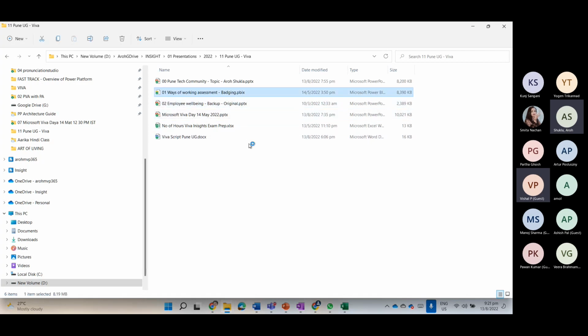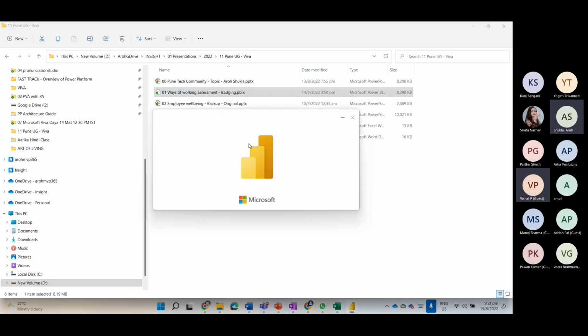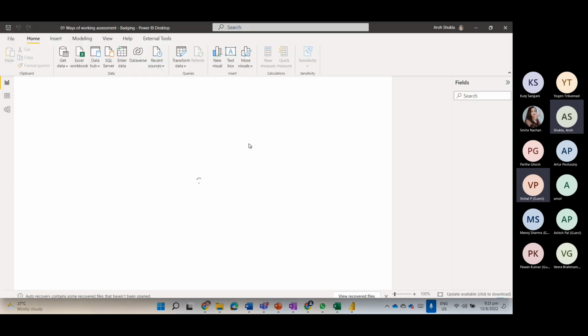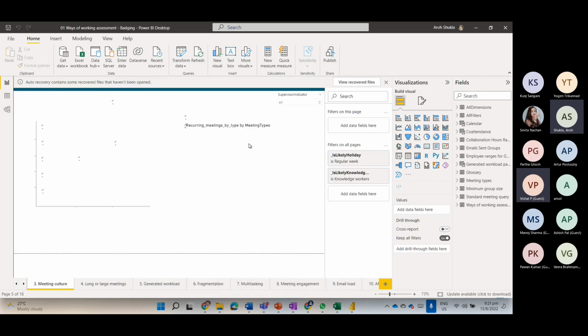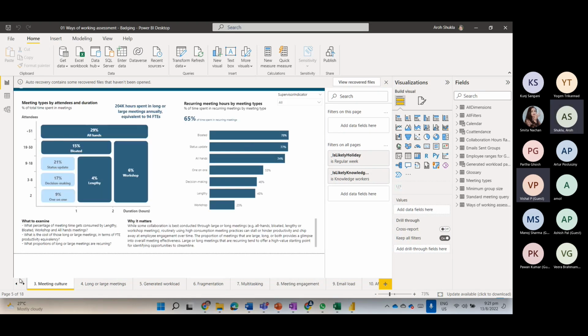Now, what you have to do for your pitching is understand from this Power BI whether these groups are doing well or they are totally loaded. Maybe a manager has no meetings at all, only one meeting in 6 months. This Power BI report will be given to you after the second step. Once you do the quiz, they will give you this Power BI file. In this, what they will be expecting is